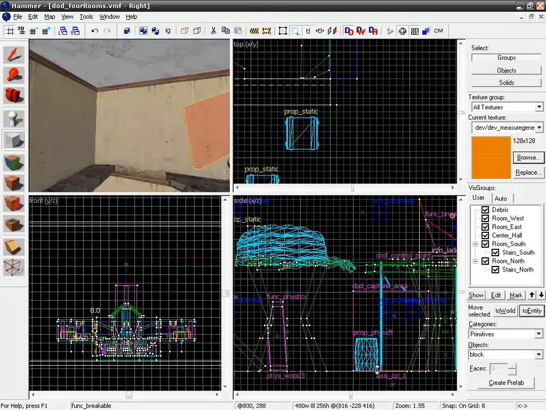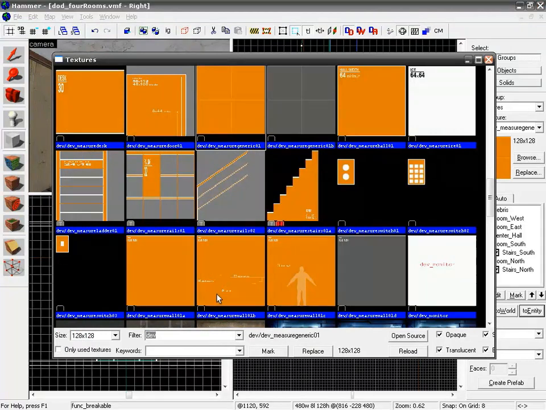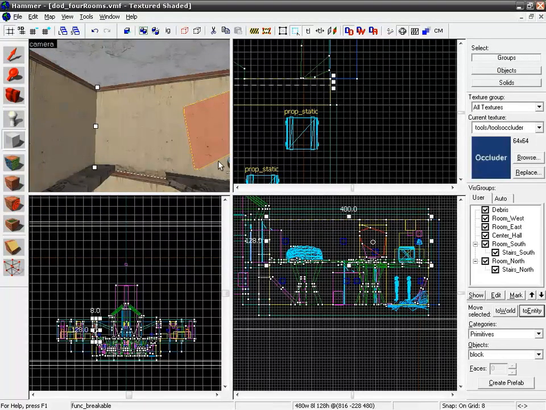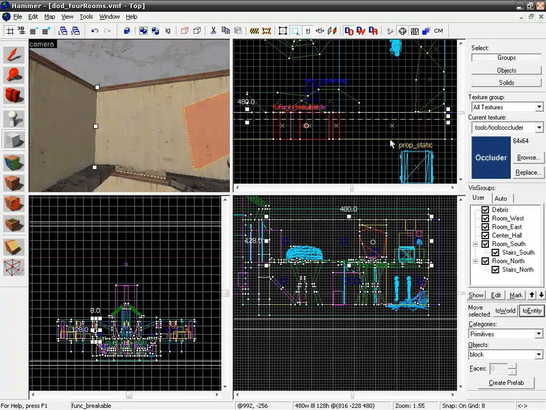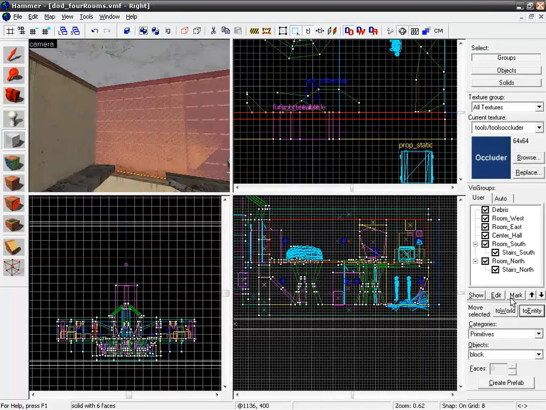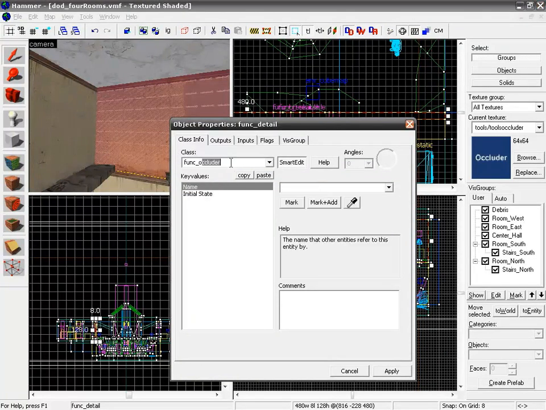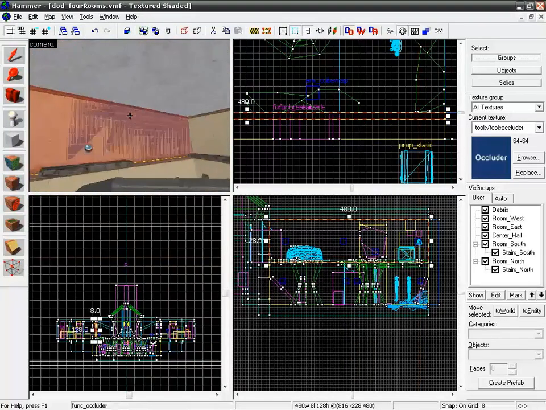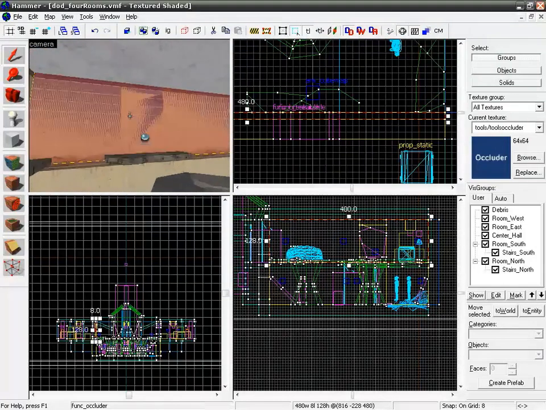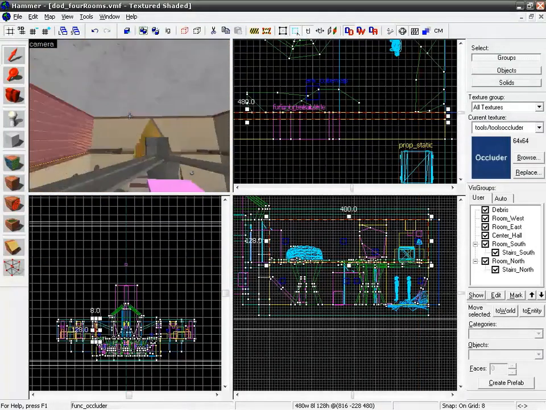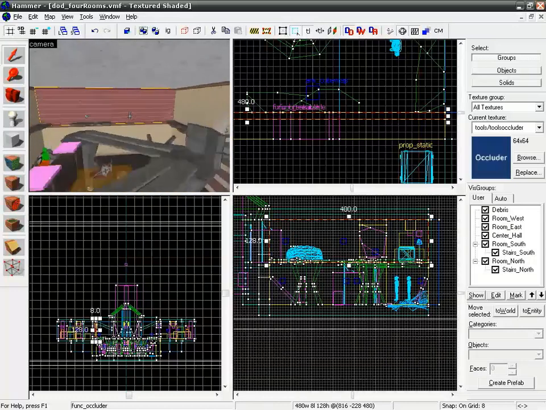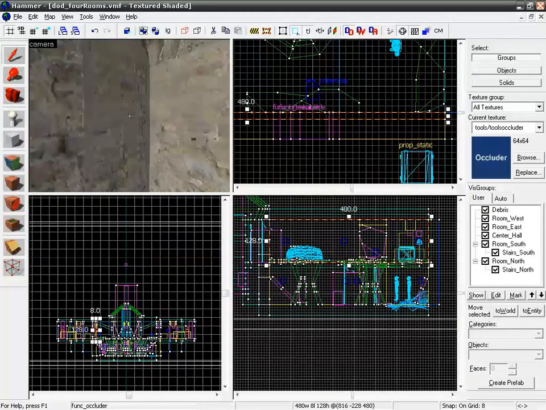floor to ceiling, we'll choose from our textures, the tools textures, our occluder texture. Leave that guy right on the edge. Hit OK. Then I'm going to tie it to an entity and tie it to a func occluder. Apply. And we'll have an initial state active or inactive. I'm going to leave it active so that when we start this map, this occluder is going to tell our map, don't draw any models on the other side of me that are completely surrounded by me. So anything within this field, all this stuff, won't be drawn from anywhere where I can see my occluder